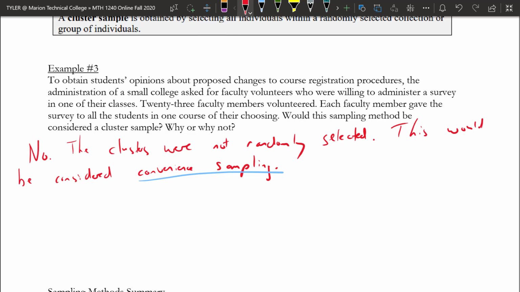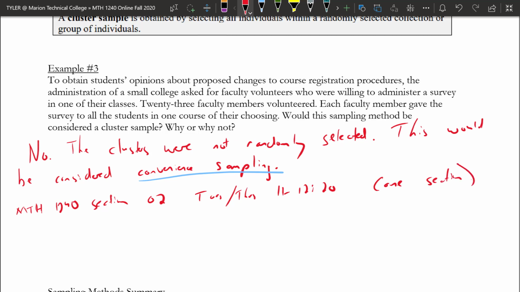So maybe another note you could note here is that clusters here are the classes, right? So the individual class. So like if you have Math 1240 section 02, that meets on Tuesdays and Thursdays from 11 to 12:20, this is one section, right? So what we're doing is we're treating each of these as a grouping,